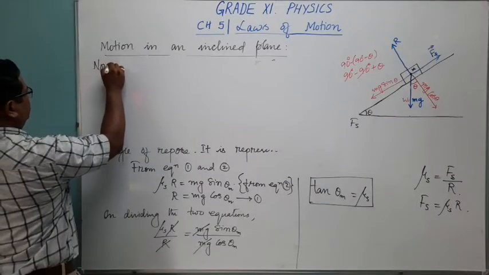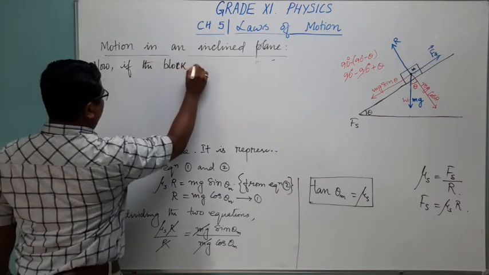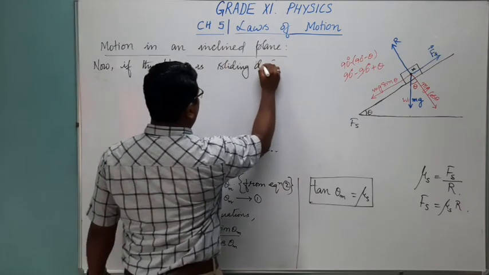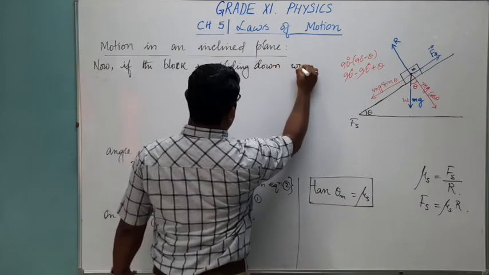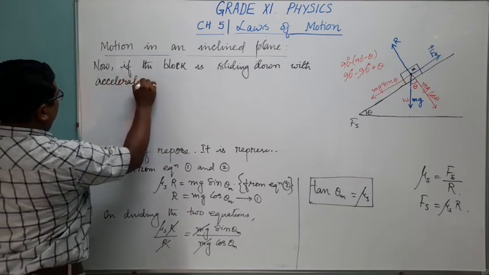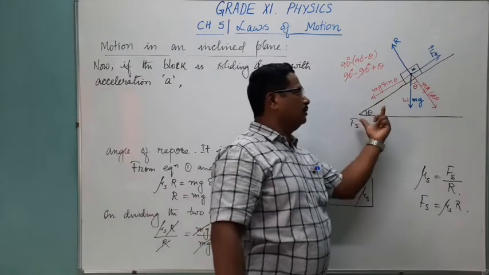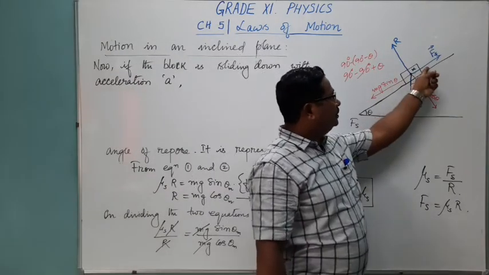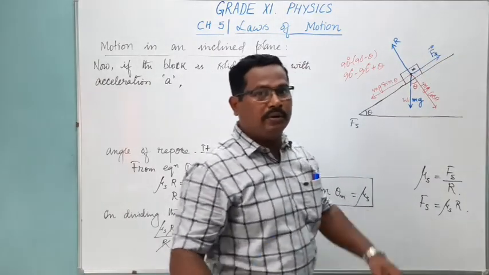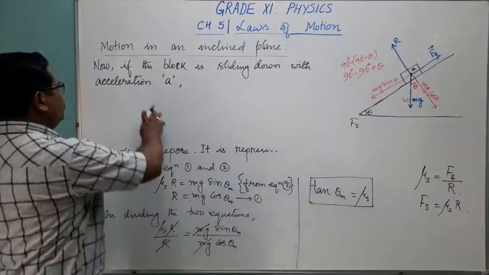Now, if the block is sliding down with acceleration a, suppose now the block is moving freely, then you will not have coefficient of static friction, now you will have kinetic friction acting on the other side. So Fs will no longer exist, it will be replaced with Fk. If it is sliding down with acceleration a,